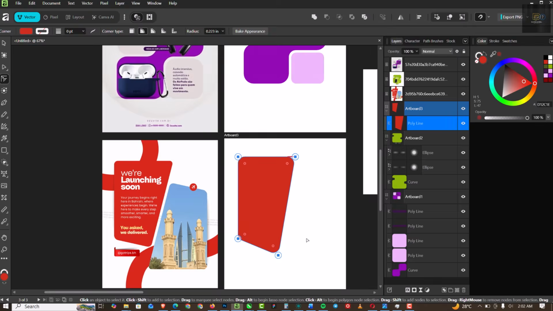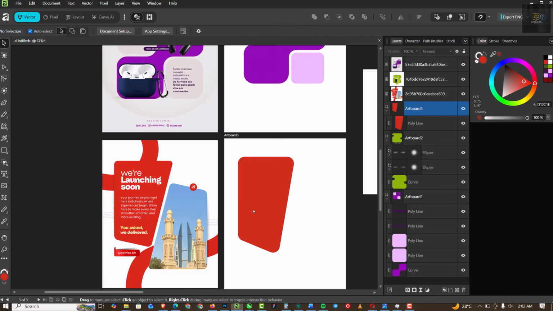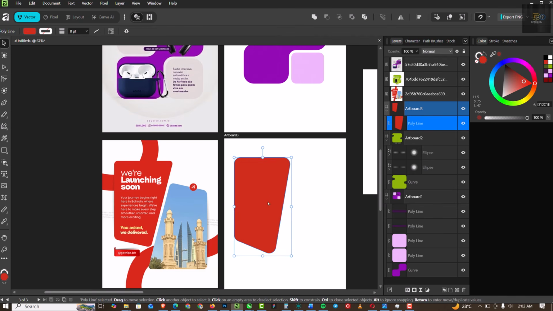Somewhere around here is good. So you can see I just made this rounded corners perfect. Right, so the next thing I'm going to do is I still need to make an adjustment on top. So what I'm going to do basically, so that I can get that perspective out of this, is I'm